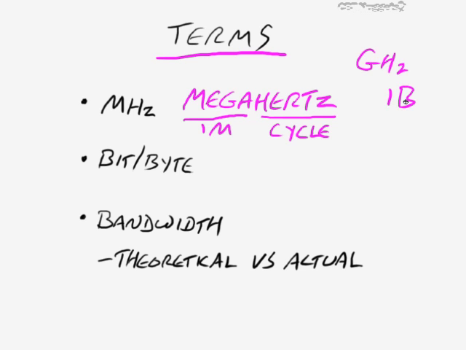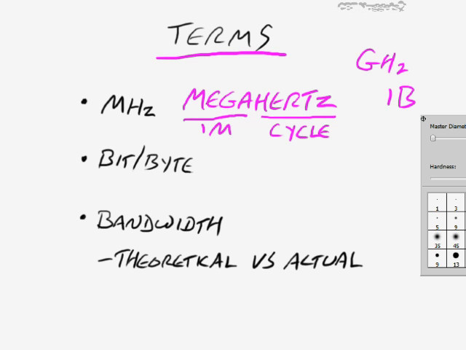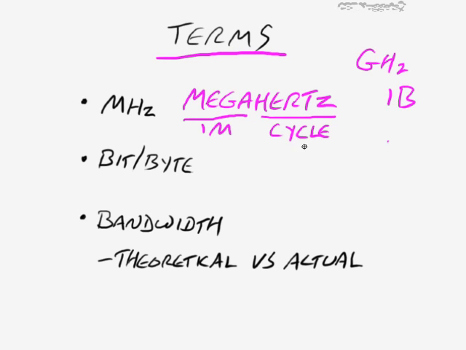This also has a lot of relevance when we talk later about CPUs, because most of your CPUs nowadays are 2 gigahertz, 3 gigahertz, or so, and so forth. But that's the kind of terms that we have to start with. Then, in order to determine our bandwidth, we need to understand how many megahertz something is capable of times the number of bytes that it has. And in the mathematics of that, when you multiply megahertz times the bytes, you're going to wind up with your bandwidth down here.